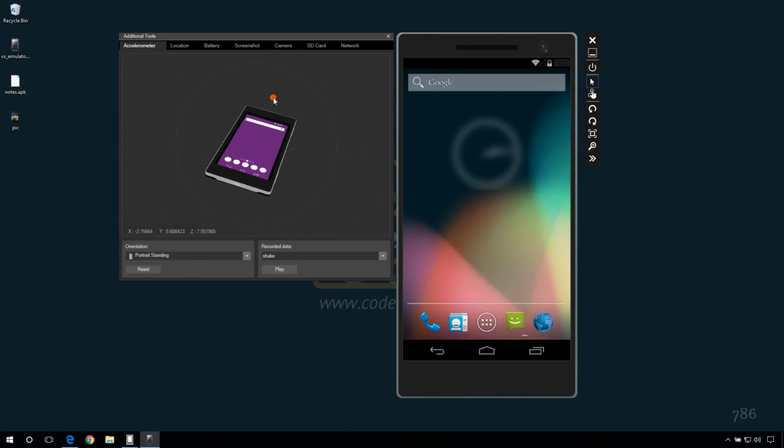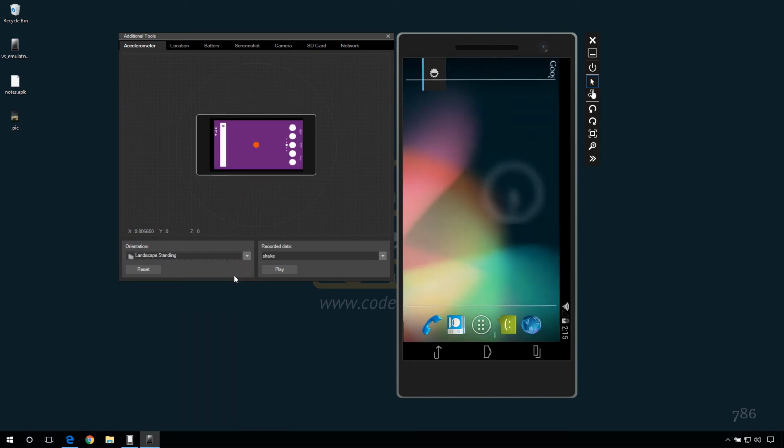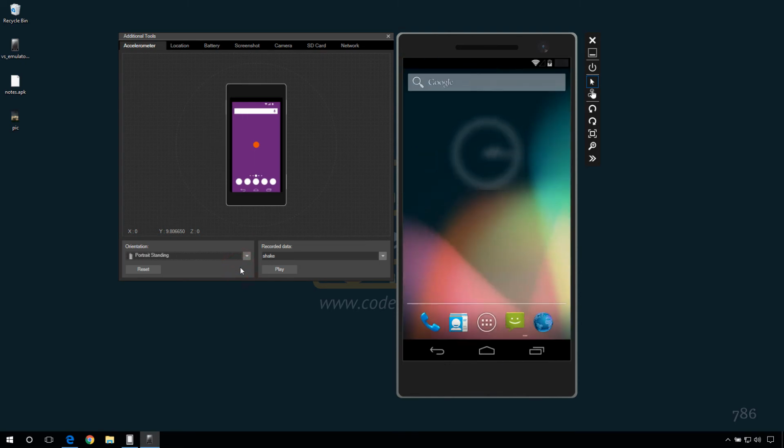Reset the position by clicking this button. You can also change the orientation mode from portrait to landscape by selecting one of the options here. Simulating the phone shaking is also easy, just by clicking the play button. That is simulating someone shaking the phone.